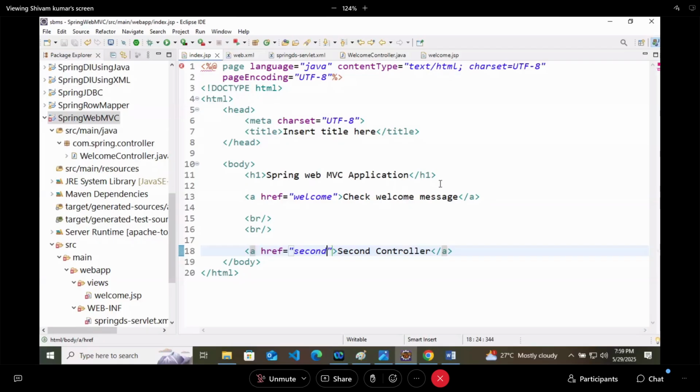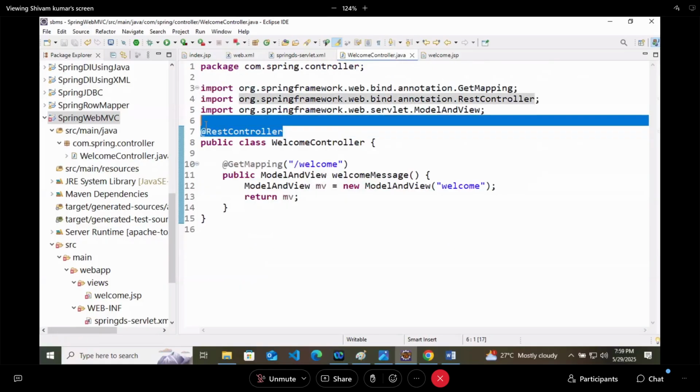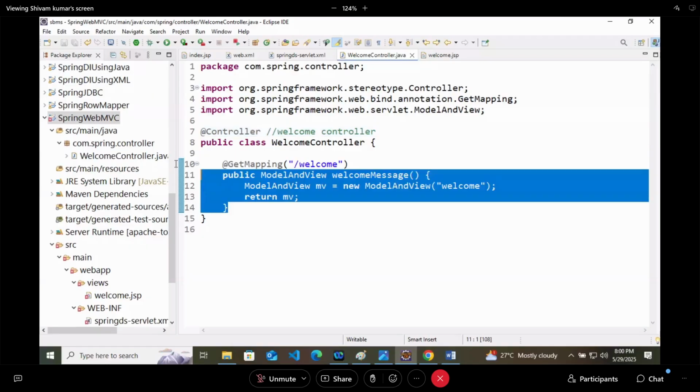Now I will go to the welcome controller class. At first I will keep @Controller here. Now can I say that it is the welcome controller? Answer is yes. Same way, I can create another method here only, or else I can go outside.